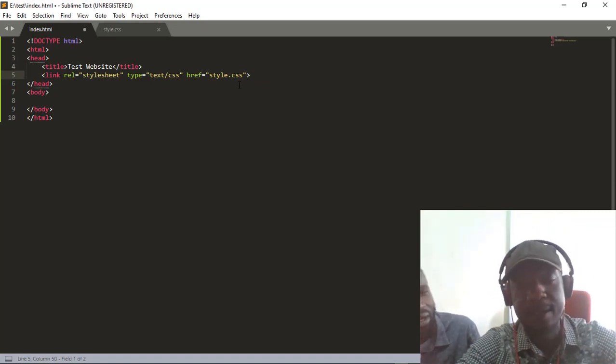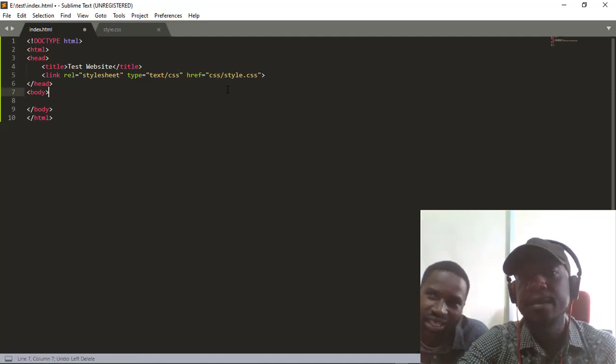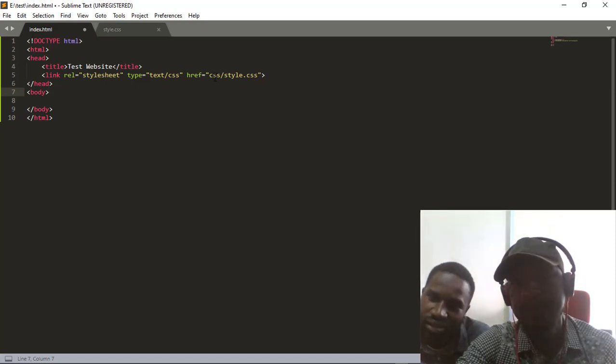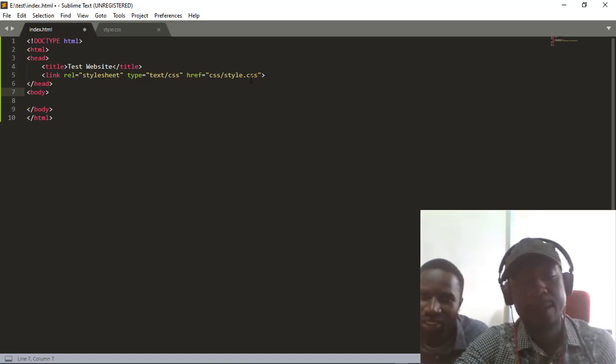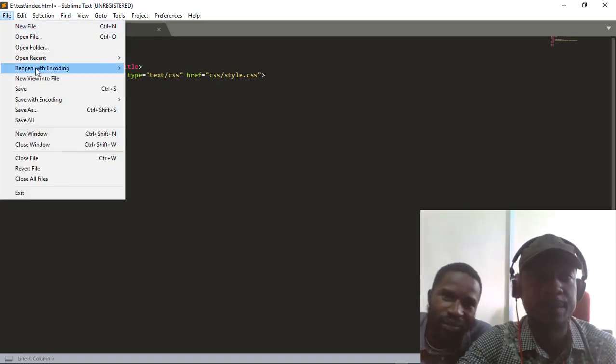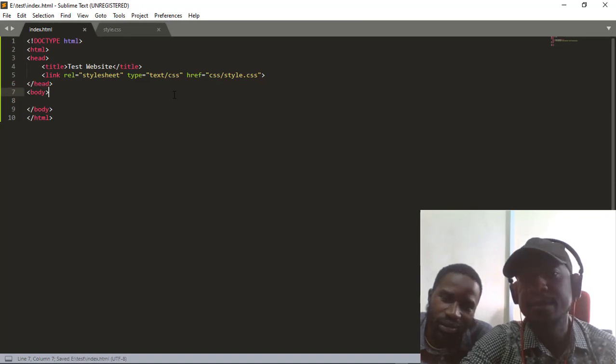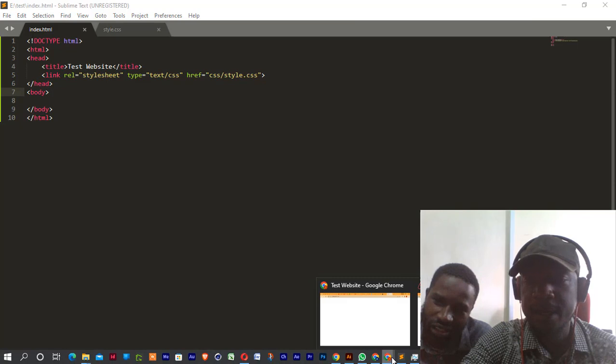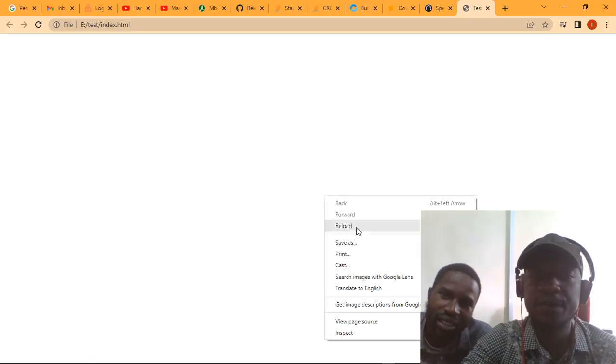But now that I've saved it in the CSS folder, you must start with the folder. So that means the index.html file will first have to look for the CSS folder, and then from the CSS folder, it will go inside and look for the style.css. Now from there, I'll go back and save it. Then once I've saved it, even if I go back to my browser and refresh it,